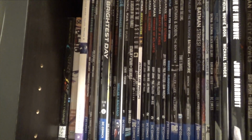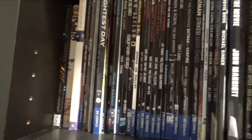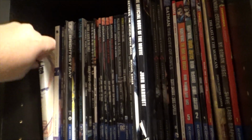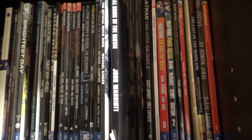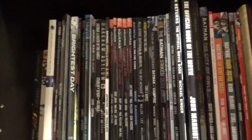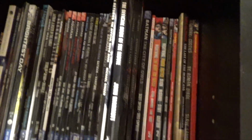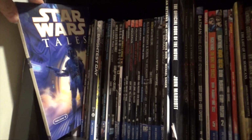Pluto, which is another kind of, I guess, manga-looking book. Haven't read it yet. Most of these actually I haven't read, at least not these exact copies. I've read most of these from the library and just have been trying to build up my collection. Star Wars Tales here, actually, I liked a lot as a kid. I got it from the library, and